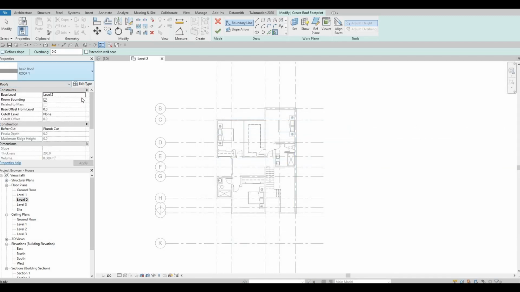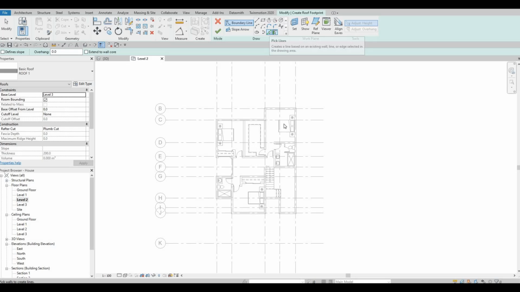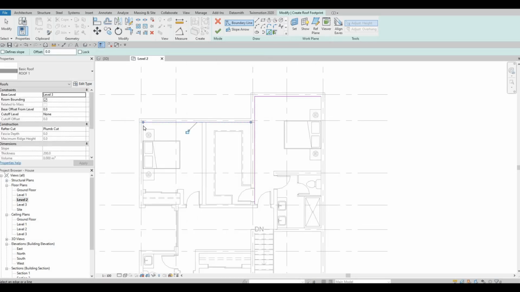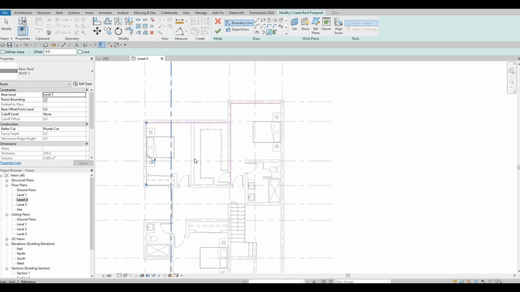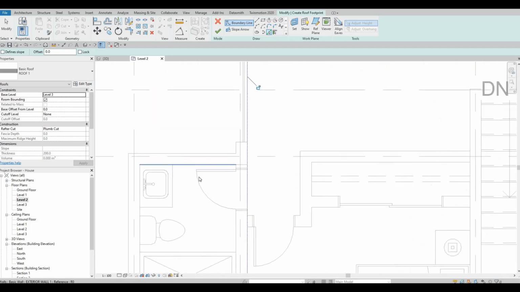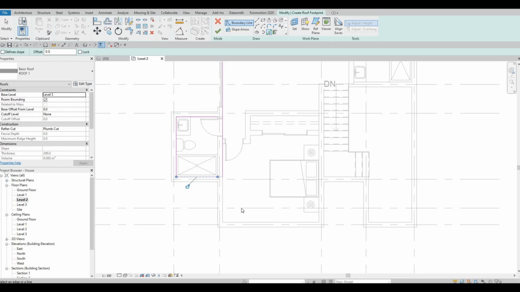Here you need to uncheck define slope, and this is important. Make sure it's level 3. You need to pick line and go around again, going with the exterior wall. Go around there, and don't worry about that. Here we need to include this side,